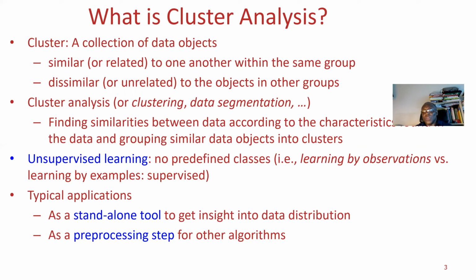Then I'll use the model to predict a future data set, or unclassified data set, without the class label. But in cluster algorithm, we have data, there's no class label. So our goal is that we are going to group the data into clusters. And this grouping will be based on the similarity of the data. So if we have two or more values that are similar, we group them together as one cluster. If they are not similar, we group them in different clusters. So that's the whole concept. So we say a cluster is a collection of data objects. Similar or related to one another, they will be in the same group. Dissimilar objects will be in different groups.